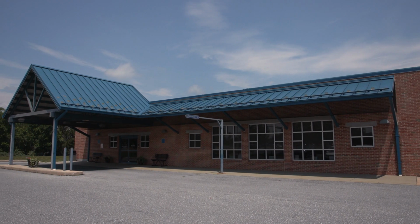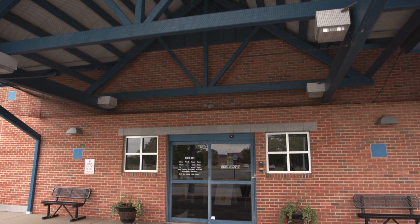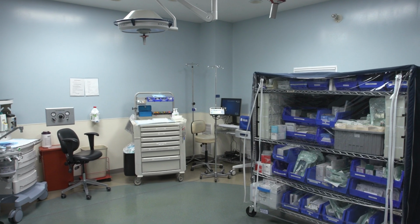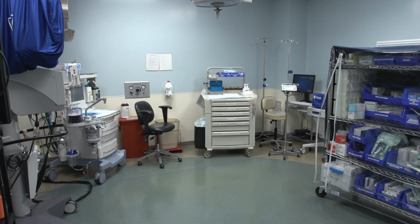Hello, and welcome to HOSC Outpatient Surgery Center, located on the Penn State Health Children's Hospital campus, about a mile from the Children's Hospital. The ambulatory center is a joint enterprise between Penn State Health and United Surgical Partners International. The facility is fully accredited by the Joint Commission and features 7 operating rooms, including some especially designed for our pediatric patients here. Children's surgeons perform a broad range of pediatric procedures, including general surgery, orthopedics, otolaryngology, urology, and plastic